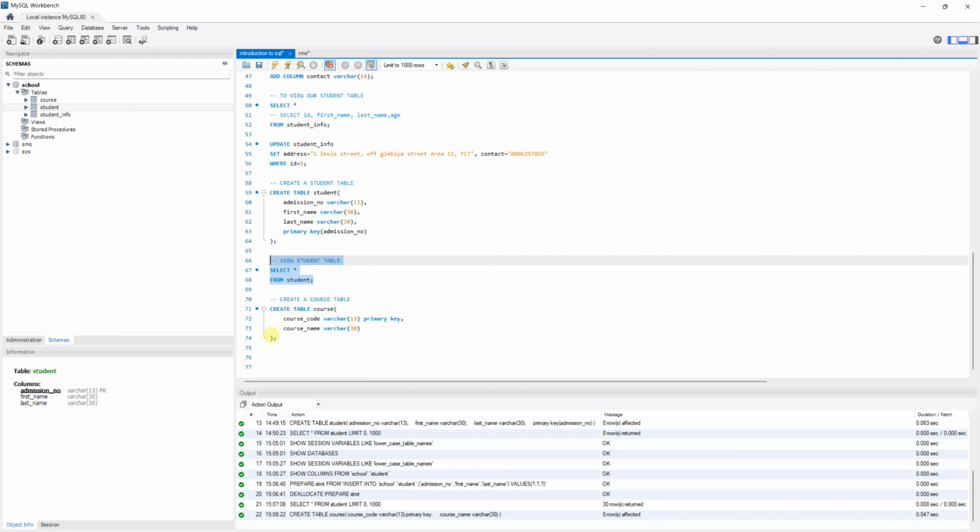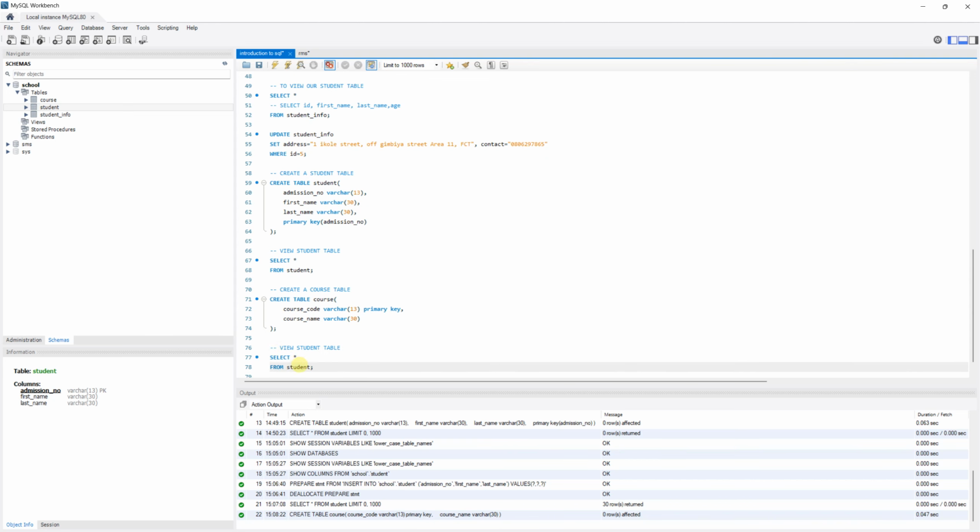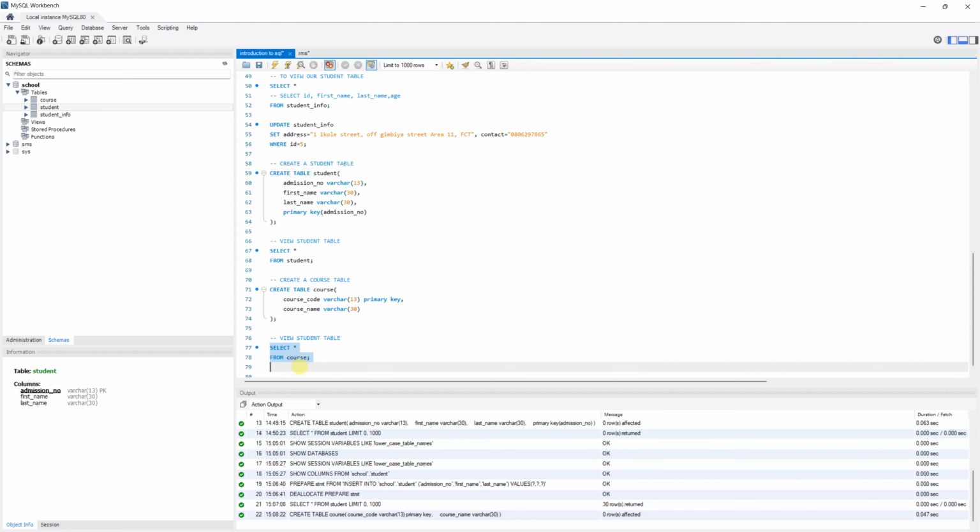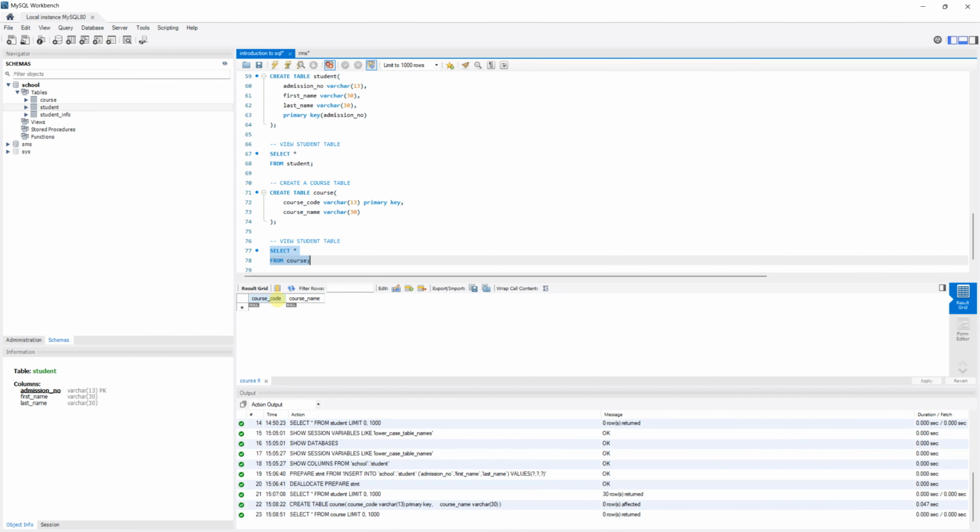Just highlight this, come here, Control V. I'll now say select all from courses. Then I'm just going to highlight everything, and I'll run it, execute. You can now see it, course code, course name, and I want to import this CSV